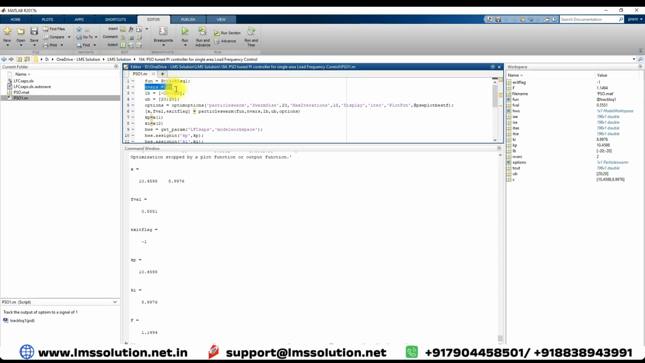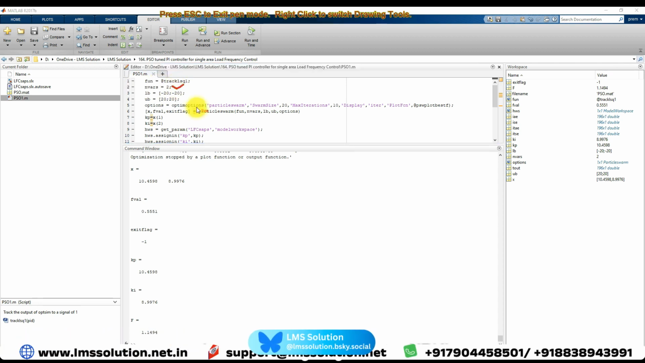So here the number of variables is fixed at 2. Here we are going to tune KP and KI, and then set the lower bound and upper bound for them. Here I am fixing -20 to 20. And then the optimization options are used for particle swarm optimization, to execute the particle swarm optimization in MATLAB. After execution, the PSO will find the optimal values for KP and KI,